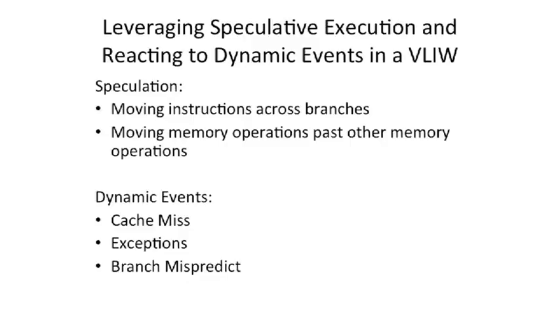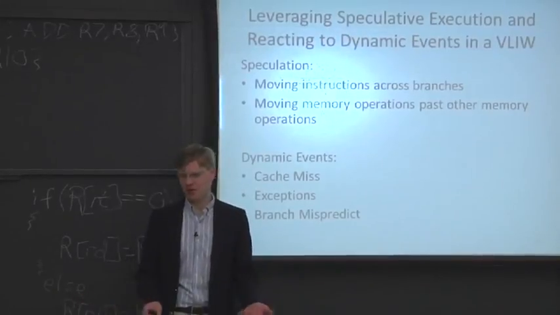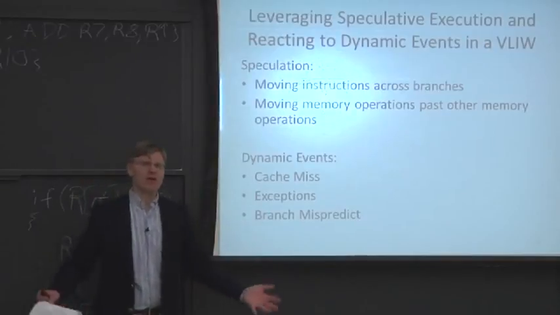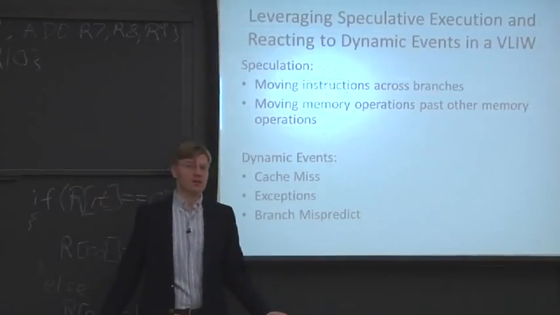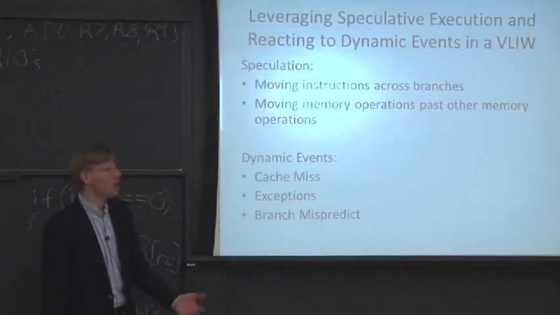Dynamic events, so things that happen in the processor that you can't really do anything about statically. You just don't know what's going to happen. Something like an interrupt or an exception happening. How can a compiler know where the exceptions are going to happen? It's just not really possible. And then we'll talk about